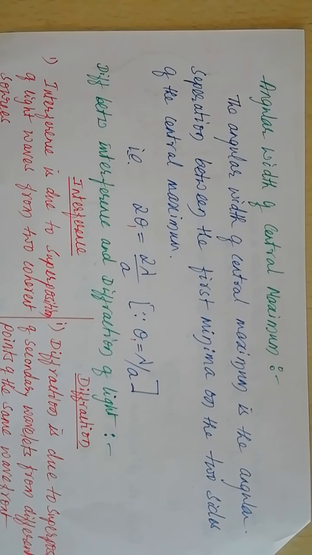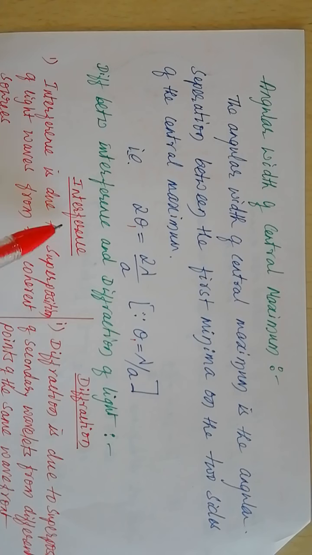Difference between interference and diffraction of light. As we have discussed, in interference, the two rectangular slits are illuminated with light, or two coherent sources are required to achieve the phenomena of interference in the laboratory. The diffraction is achieved in the laboratory when a single narrow slit is illuminated with a monochromatic light. In interference pattern also there are alternate bright and dark bands. In diffraction pattern also there are alternate bright and dark bands obtained on the screen.